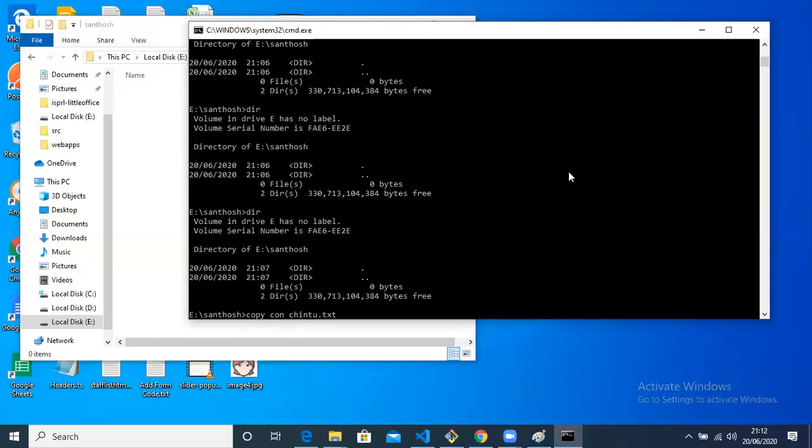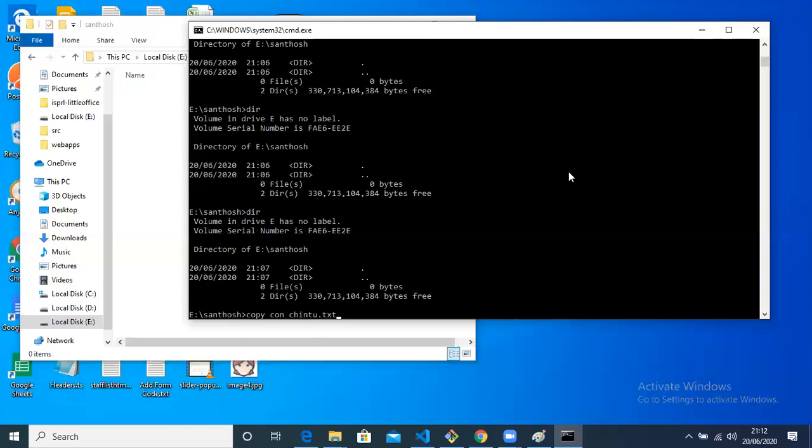A Word document will have doc. An Excel document will have .xls. A PowerPoint document will have PPT. Like that, each and every file has its own extension. You should understand that and put the same extension while creating using command prompt. So using command prompt, if I want to create a file, I use the copy con command: copy space con space file name.